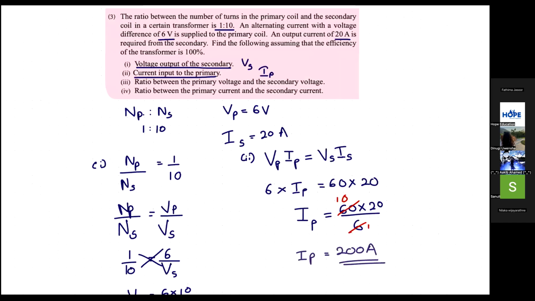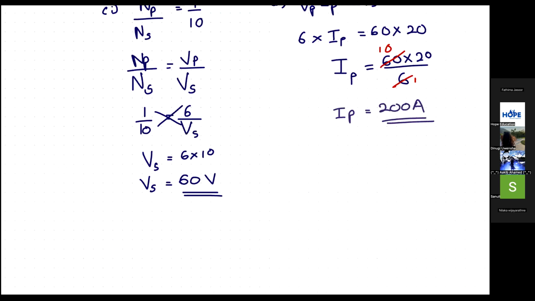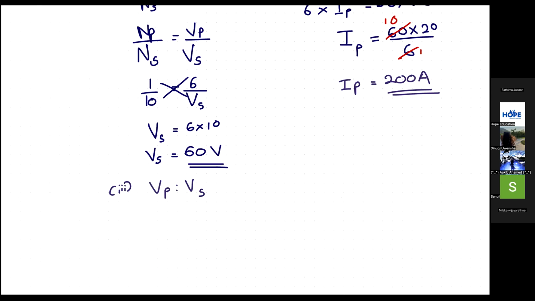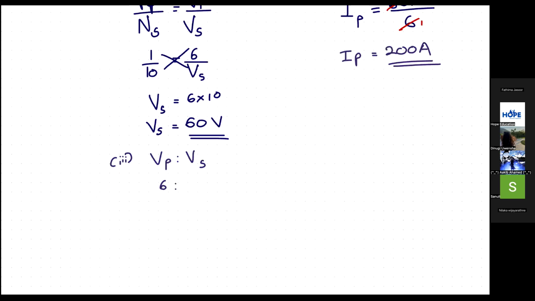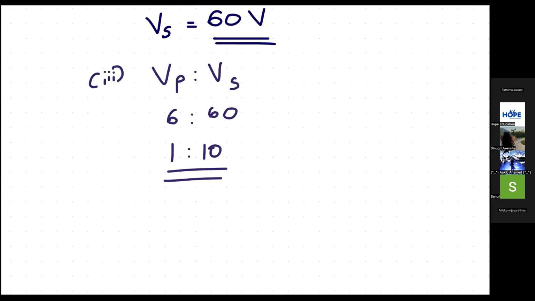Roman number 3, ratio between the primary voltage and the secondary voltage. Primary voltage, VP, is 6 volt. Secondary voltage, we found here, is 60 volt. So 6 and 60, when 6 divides both, it is 1 is to 10. Then Roman number 4 is